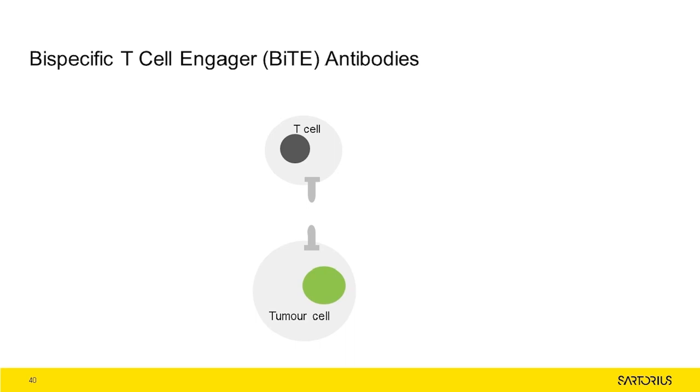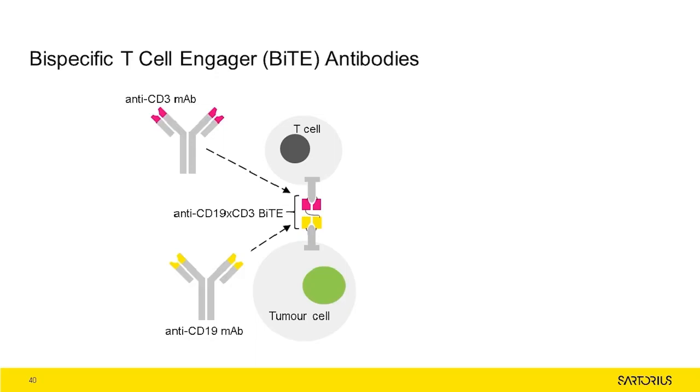They work by bringing T cells and target cells together by forming a link between the two cell types. The BiTE are fusion proteins consisting of 2 single-chain variable fragments of different antibodies, shown in pink and yellow. The particular BiTE used in this study takes these fragments from an antibody to CD3, shown in pink, which allows for T-cell binding, and is generally the surface marker used to construct these antibodies, and then uses CD19, shown in yellow, which is an antigen commonly found on liquid tumours such as non-Hodgkin's lymphoma. The therapeutic version of this drug is called blinatumomab. However, we are using a biosimilar here.